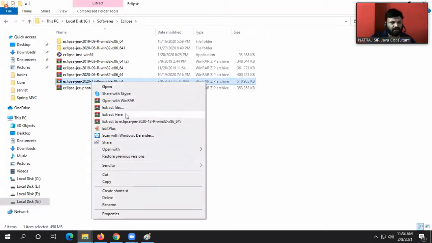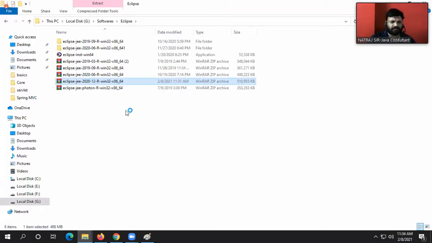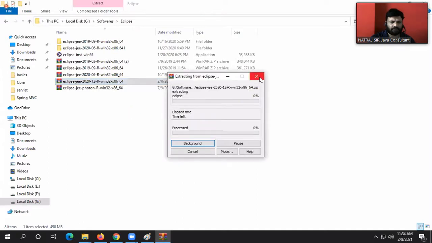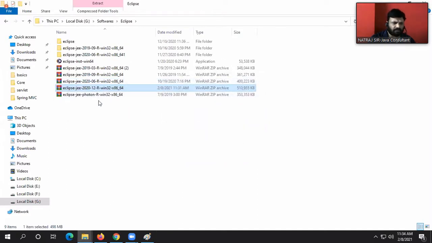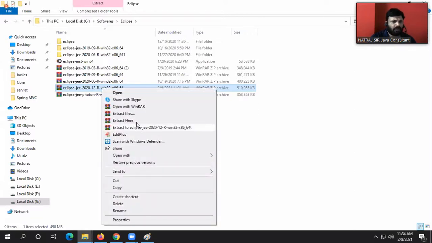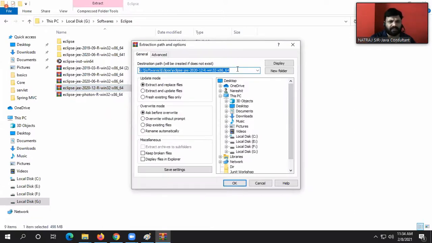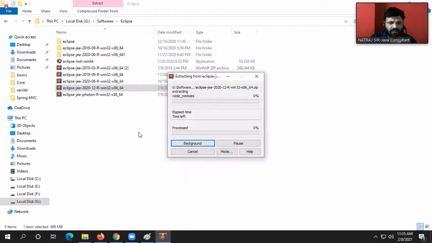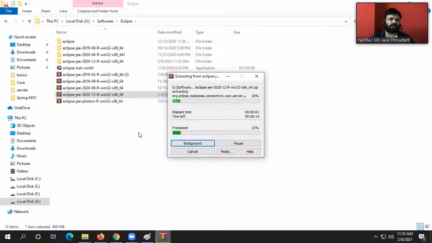So we got the extract files. Extract files, guys. I want to extract with the same folder name, guys.